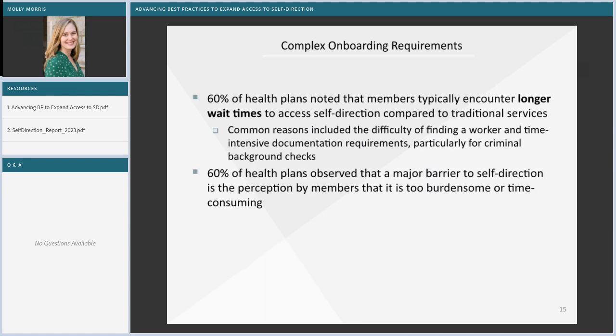So, speaking a little more to the complex onboarding requirements that we see, 60% of the health plans noted that members typically encounter longer wait times to access self-direction compared to traditional services. Common reasons for this included having difficulty finding a worker and, again, those time-intensive documentation requirements, particularly in many states. Health plan leaders were speaking about the length of time it can take to get criminal background checks